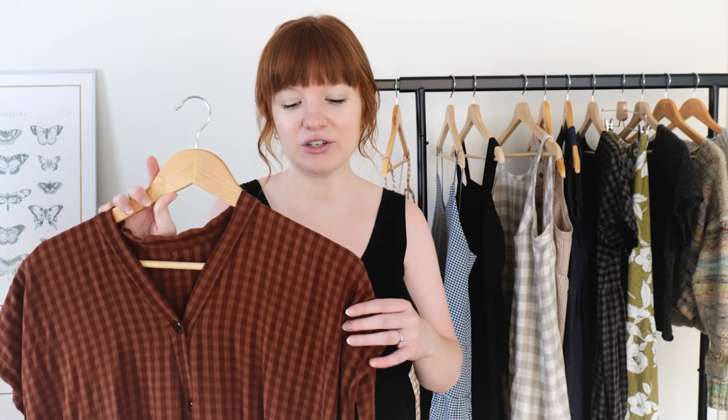I am going to be honest with you. I made it maybe 2 weeks ago and I haven't gotten any wear out of it just because it is so dang hot. And this is a really heavy fabric. So this is a twill fabric of some kind. I want to say cotton twill, but I don't know 100%. I know it's twill something,